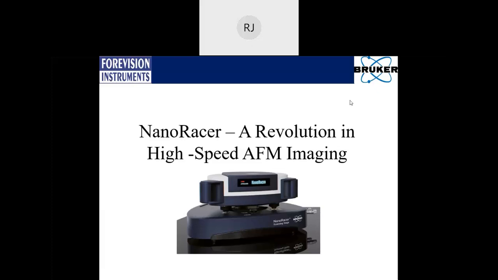Before going to the technical specifications of the NanoRacer, I would like to introduce our company to all of you, and then I will cover a slide about the basics of AFM. I don't know the complete background of all the attendees, so I thought it would be a helpful slide for those who are new to AFM, or to refresh your memories about AFM basics. Then we will go to the technical details and specifications, and maybe we can look over a couple of examples